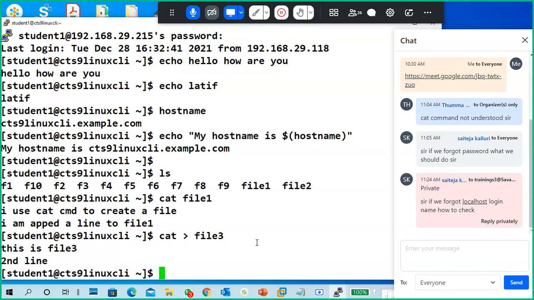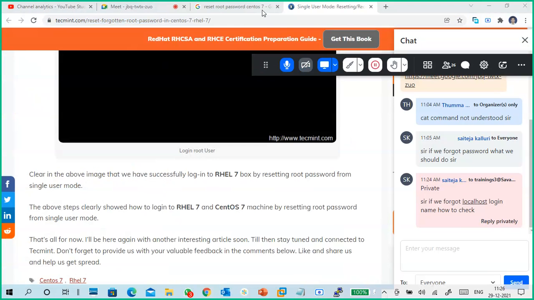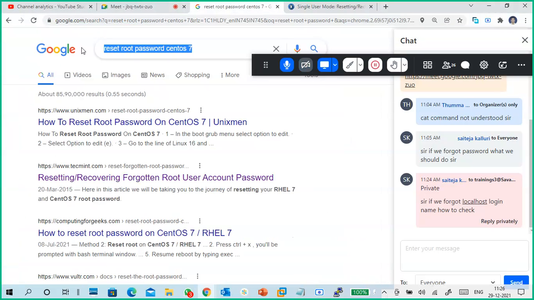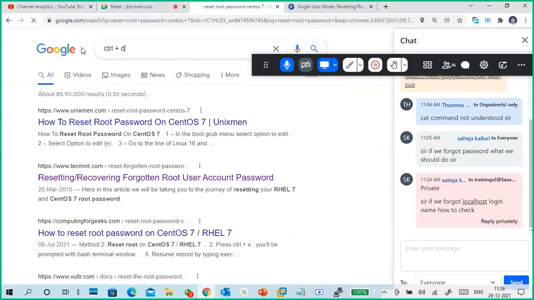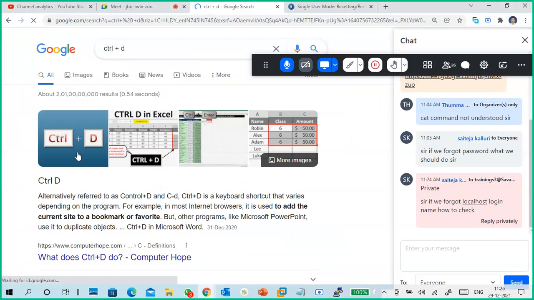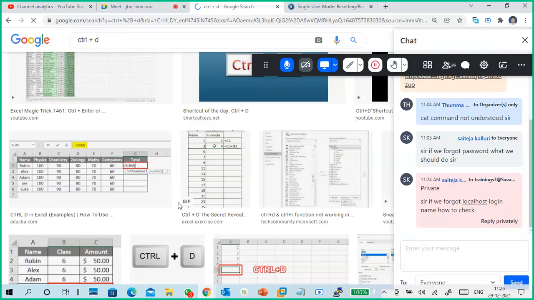Okay. You want to see the keyboard? In the keyboard also you can see. Okay, control D, control plus D. So you can go to the keyboard images, because physical I can't able to show you directly.